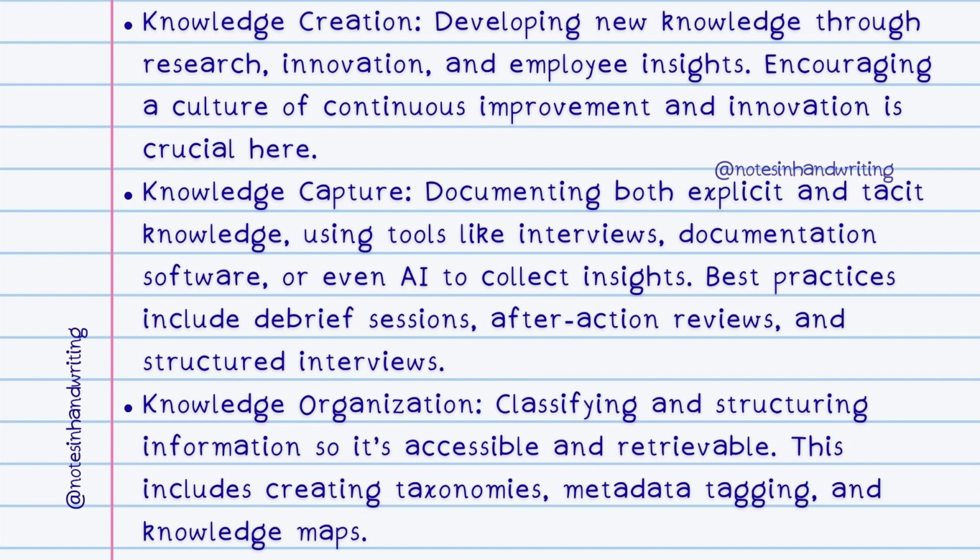Knowledge capture ensures that valuable insights don't get lost over time. This means we are documenting not only the information we see in reports but also the unwritten know-how or personal expertise people gain on the job. Using interviews, debriefs, and even AI tools, we are able to capture insights that can be shared and used across